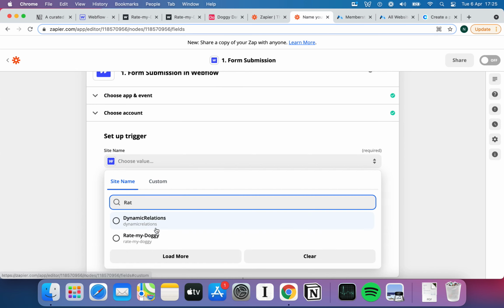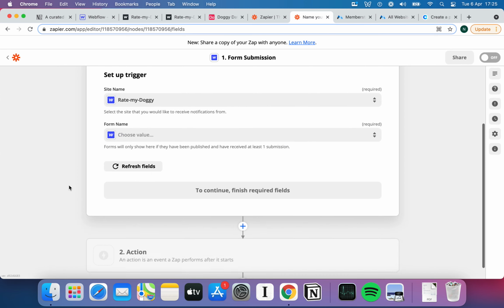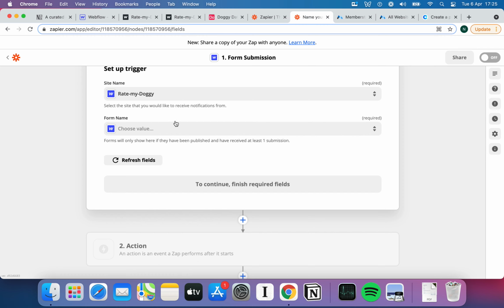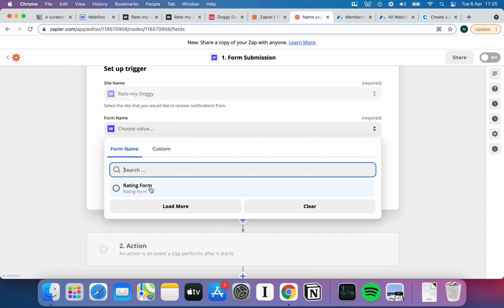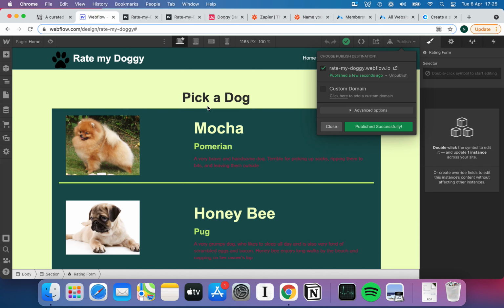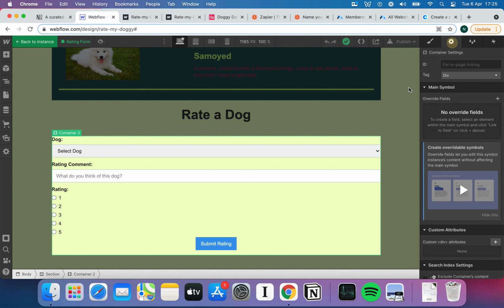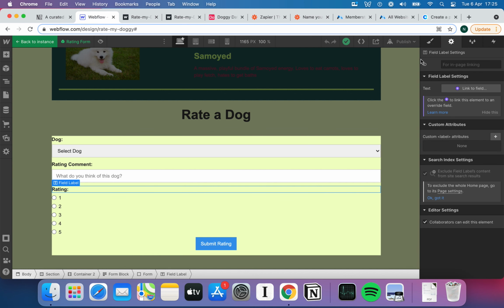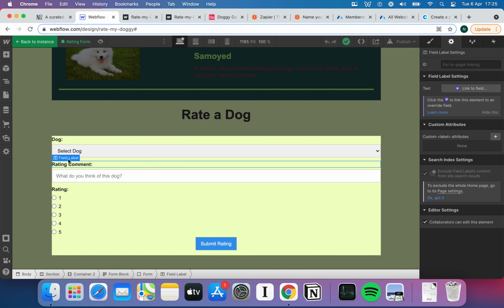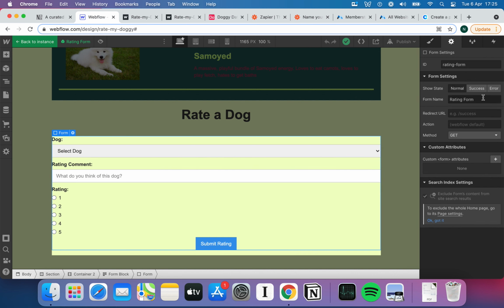If I type in rate my doggy, I've got a couple of options there, but I'm going to pick rate my doggy. It just lets me pick whatever site I've got, and then I can pick the form name. Now this one was called the rating form, and if I double check back here on Webflow and double click into this, there you go. If I hit the form, then I can see up the top I've called it rating form,